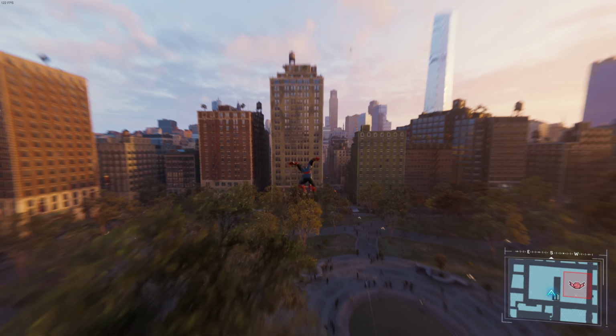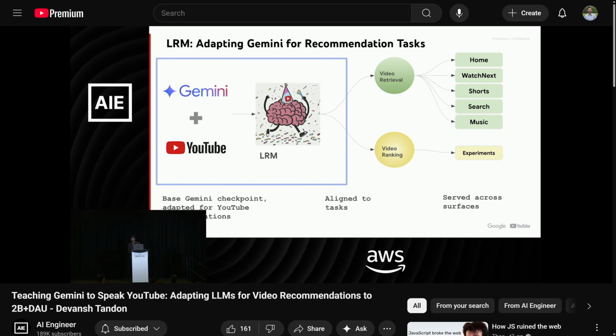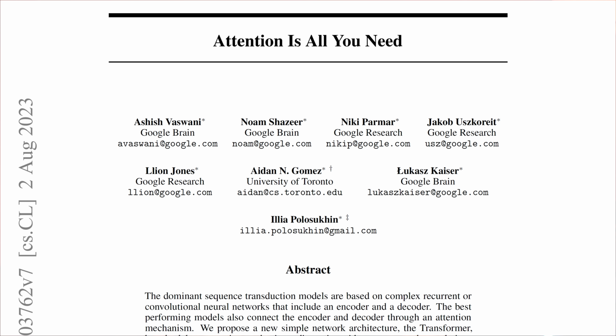With the transformer architecture in literally every corner of our lives, whether we're generating new frames while playing our favorite video game, creating AI avatars of ourselves, or even receiving recommendations from YouTube's new algorithm. Yes, they're using LLMs now, surprise, surprise. It's clear that Vaswani and his co-authors were onto something when they claimed attention was all we needed in their